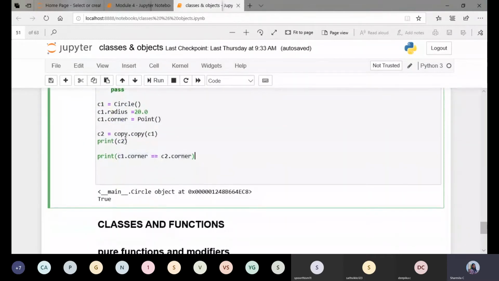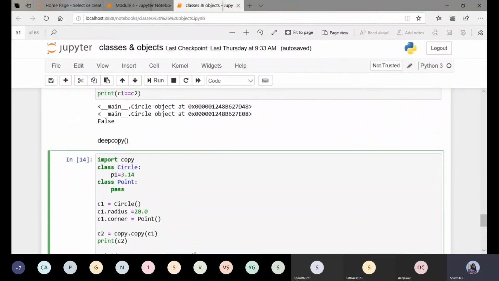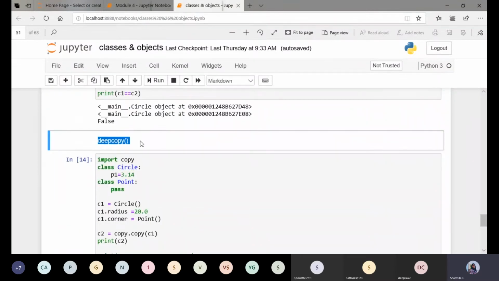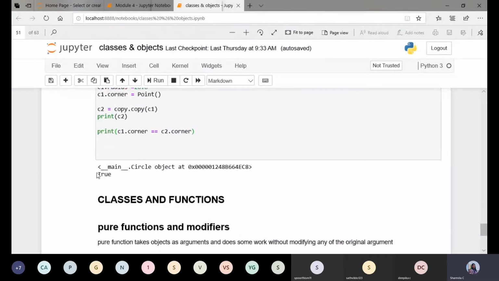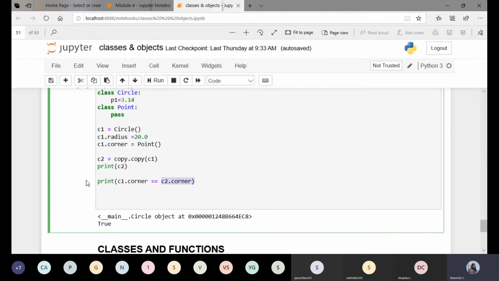So instead of c2 equals copy dot copy, we'll be using one more method called deepcopy. When I use print c1 dot corner equals c2 dot corner, you get False. It is nothing but this object is completely different from that object.